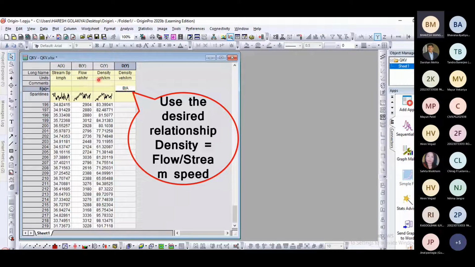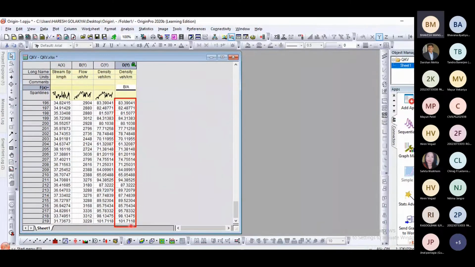So just here B divided by A is written, that is the relationship density is equal to flow divided by stream speed. So the data will be calculated and all data will be available. You can see the same data is generated using the formula.